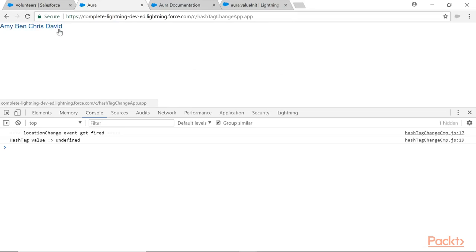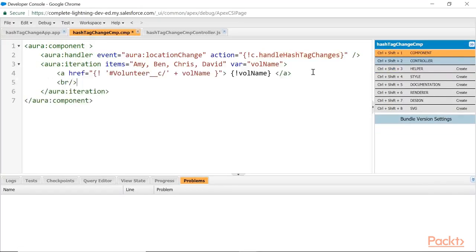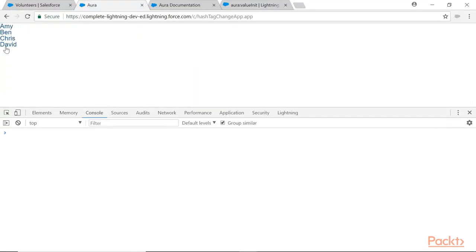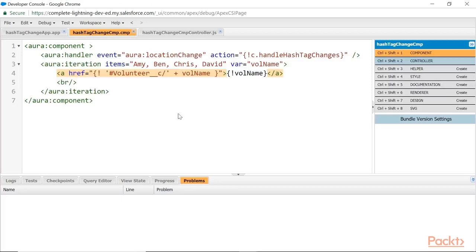Even I want to have a line break, line by line. Okay, so click on David. See, you are getting this much over there. Clear? Have Ben. So after the hashtag, whatever you have, it's going to be there. Fine. Generally in our projects, what we are going to do, we are going to fetch the ID, and this